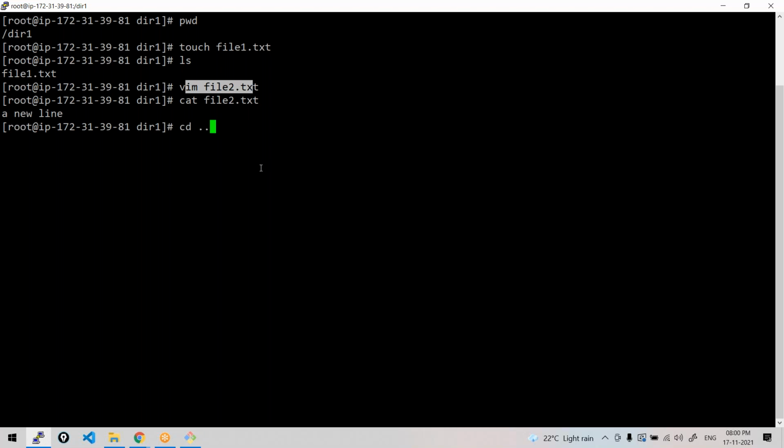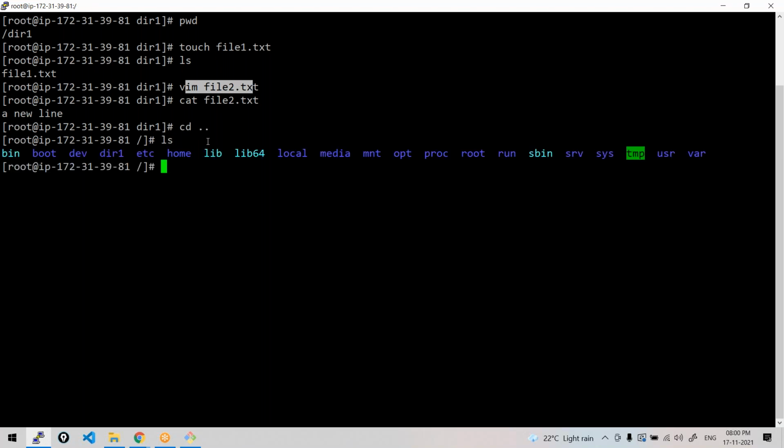Remind me, please. So to go one level back, like one level up, cd dot dot. See, I'm back here. Now again, if you want, you can go to this directory dir1, okay, and create the files or anything. So suppose I want to delete a directory. How do you delete a directory? See, rm will delete a file. But what if I want to delete this directory dir1? rm dir1.